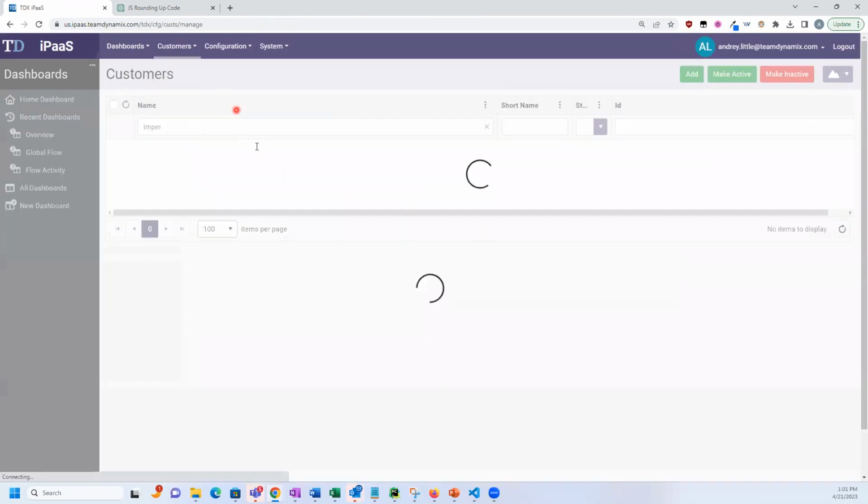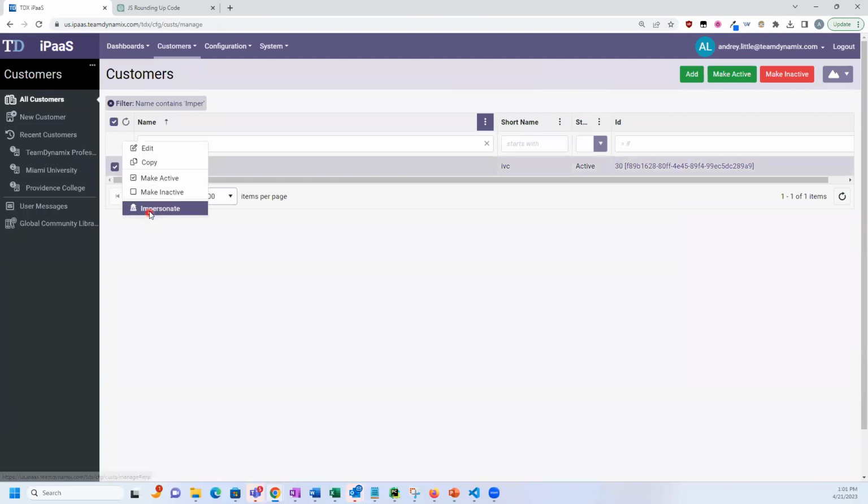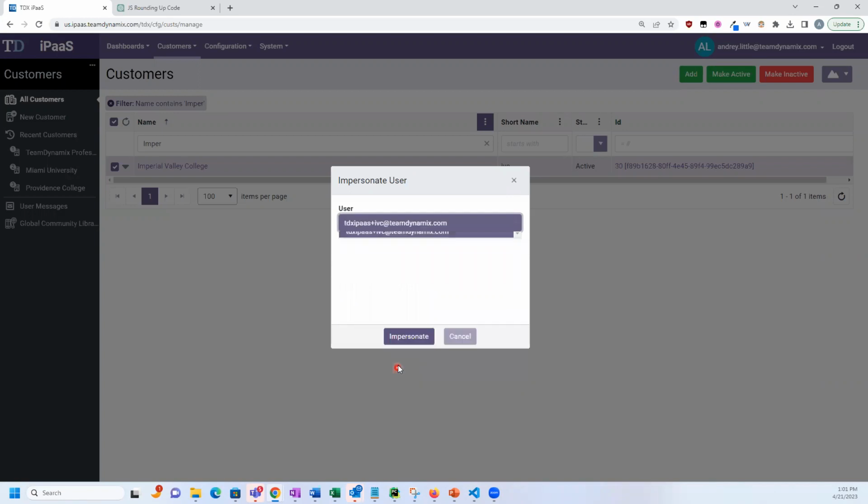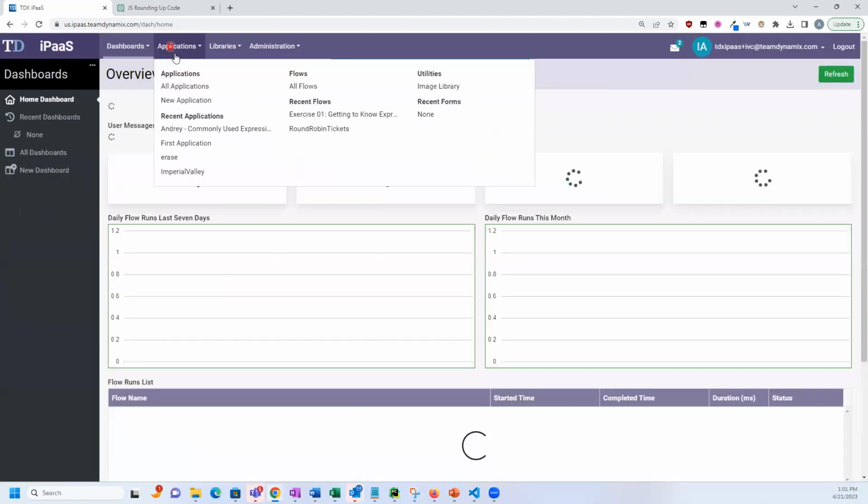I randomly got logged out, bear with me. Probably had it open on another tab and it logged me out, but